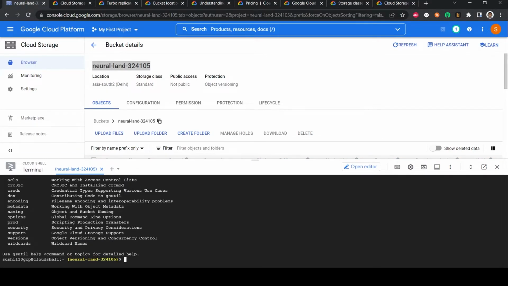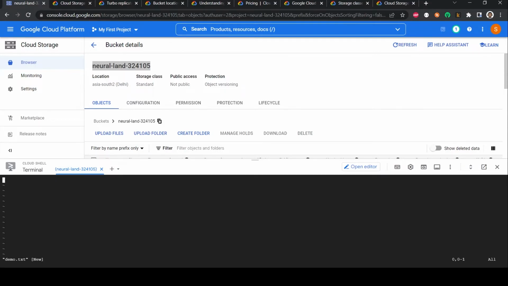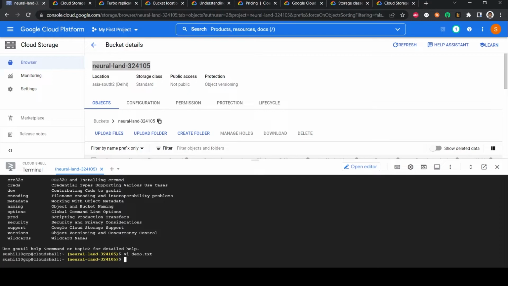So now what I'm going to do is create a file called demo.txt. And I will say, hi, this is version 1 of this file, right? So I'm going to exit it. Now I am going to copy it. So to copy it, I'm going to use gsutil cp, which is the copy command, gs